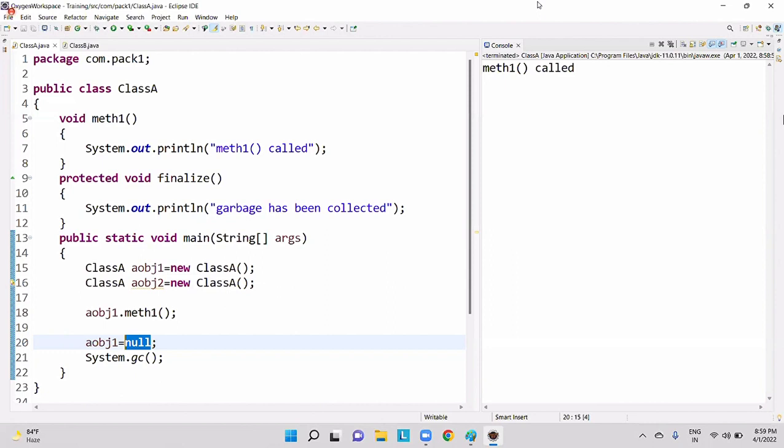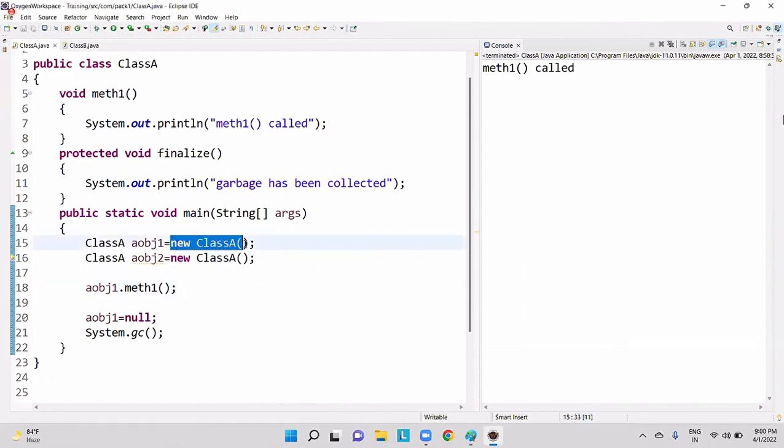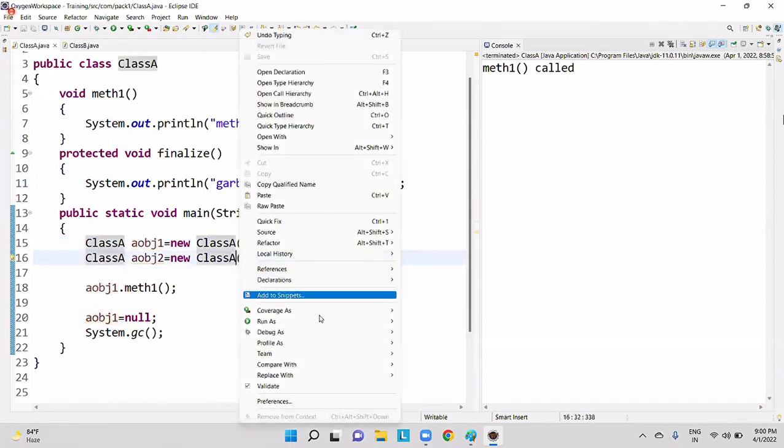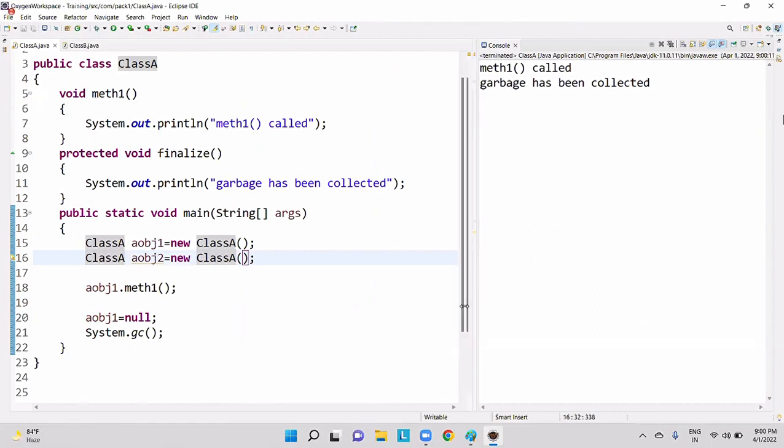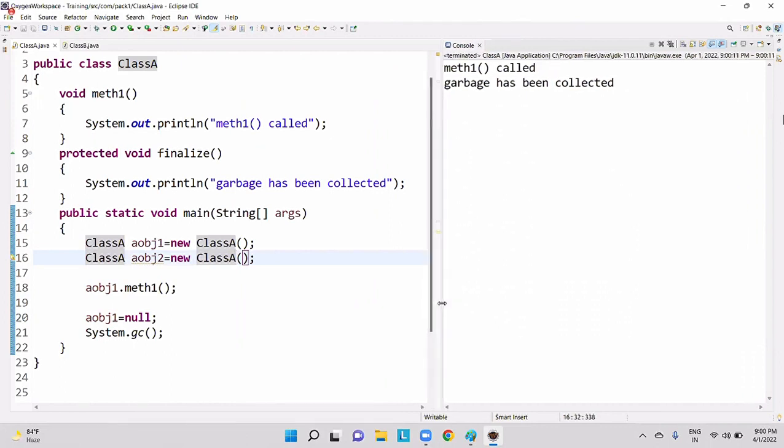Now, guys, please observe here. I have made this object's reference null. Now let me execute my program. Right click, run as Java application. Is garbage collector acting on our program? Yes.